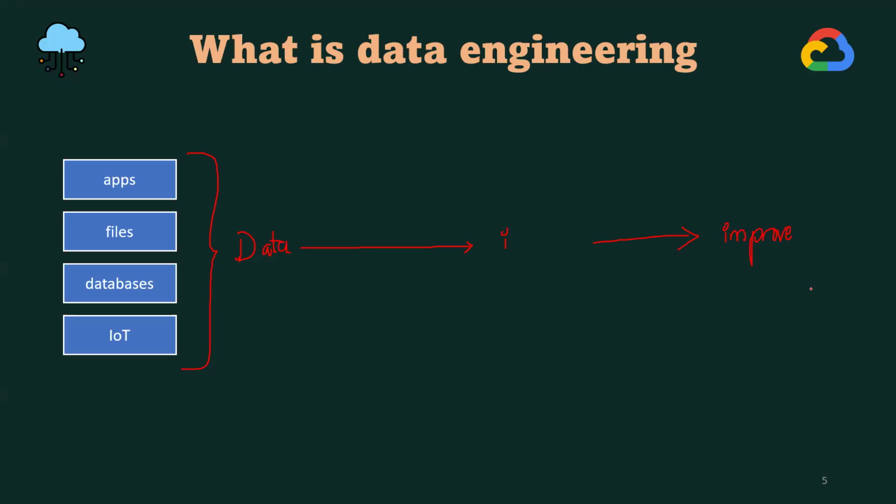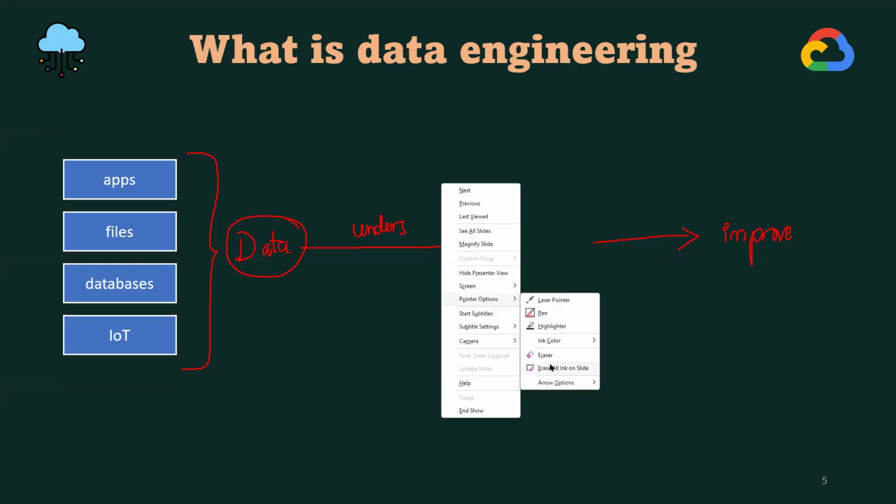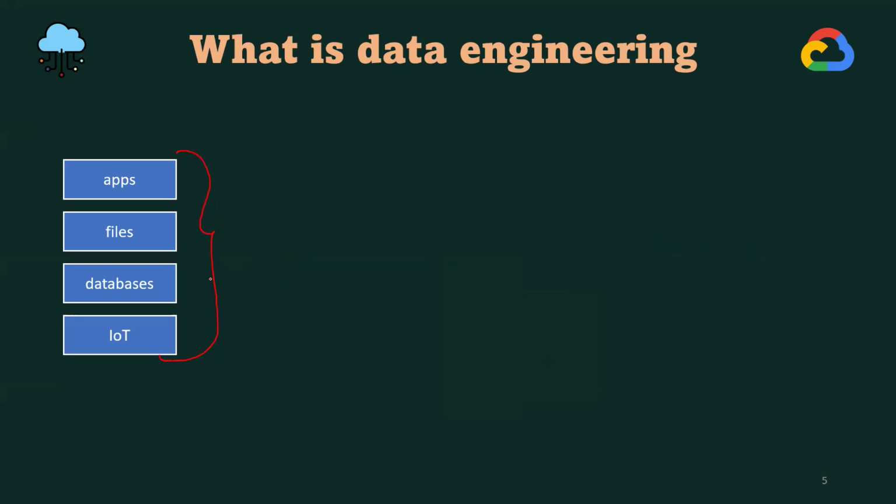If they want to improve their business, the very, very important thing is that whatever the data that your business is all about, you try to understand the data. And when you try to understand the data, you have data that is coming from these multiple data sources. The very first thing that you do is that you try to understand your data. In proper terminology, understanding is nothing but analyzing the data.